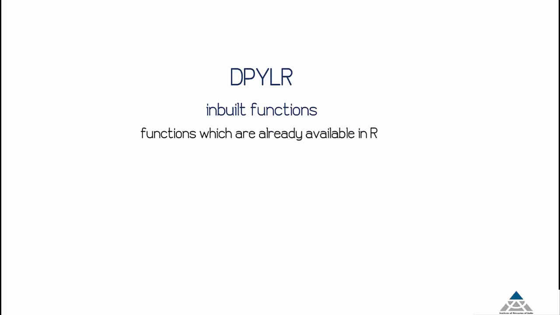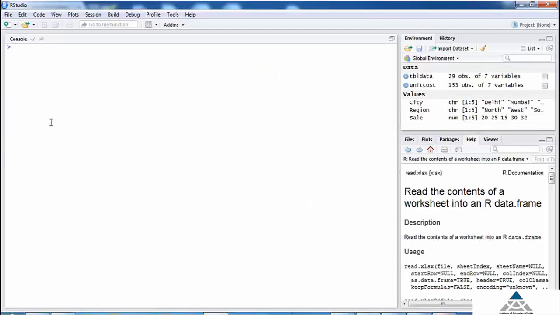A very common example of such functions is the sum function. Say, we wish to calculate the sum for the combination of numbers 2, 3 and 4. Write sum, combination of 2, 3, 4 and press enter. We get 9. Hence, this was a function which was already available in R, which we used to obtain the sum total of the numbers that we entered.